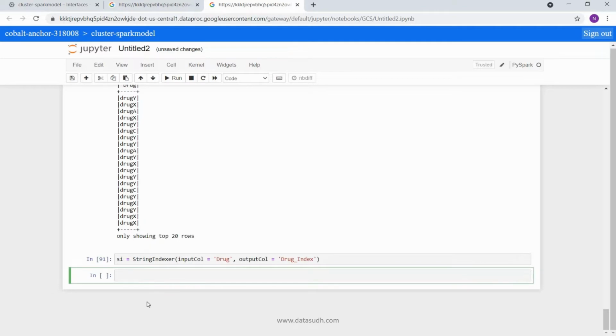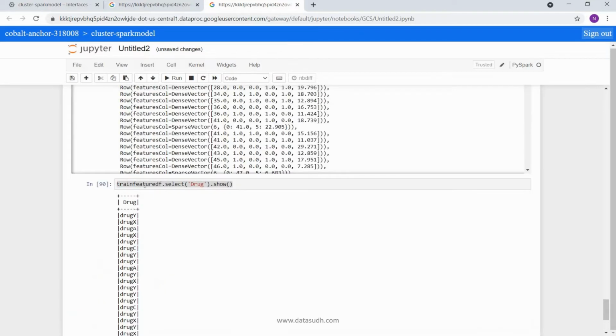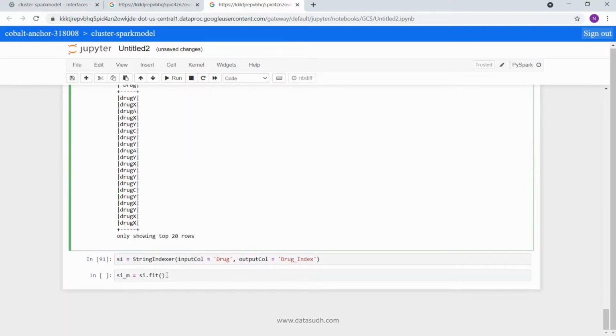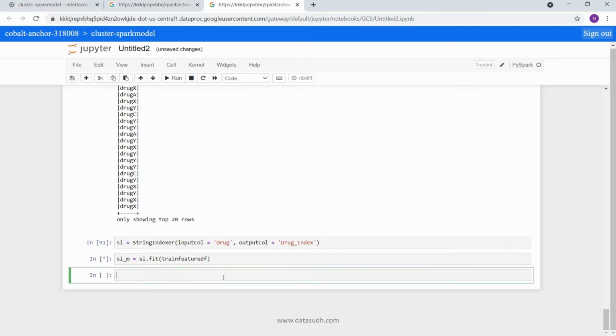Okay, so I have provided my input and output columns. Now I am going to fit this on my data set, and then I am going to transform it.